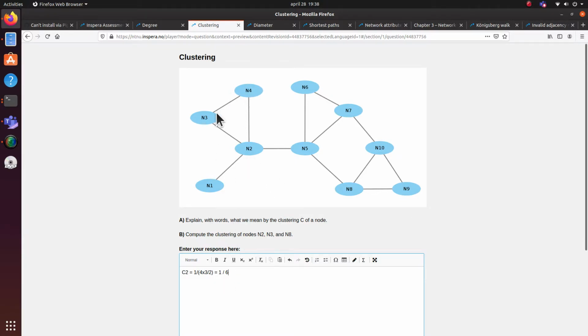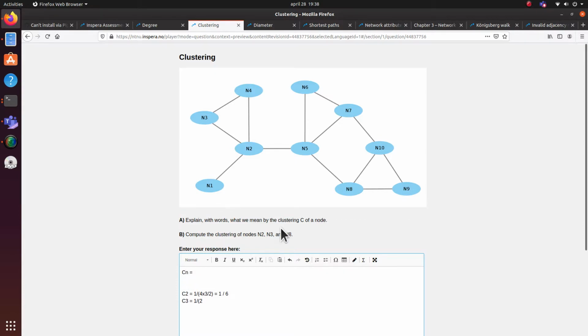Let's look at node 3. Now node 3 is part of 1 3-clique, so C3, the numerator in our expression, is still going to be 1. But node 3 has a degree of just 2. So then we can just say